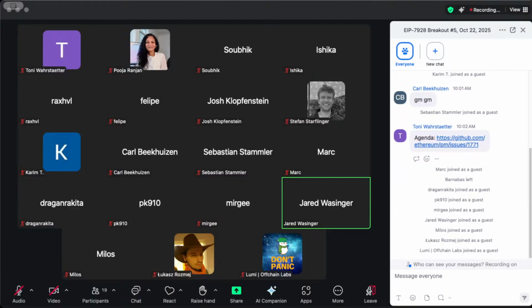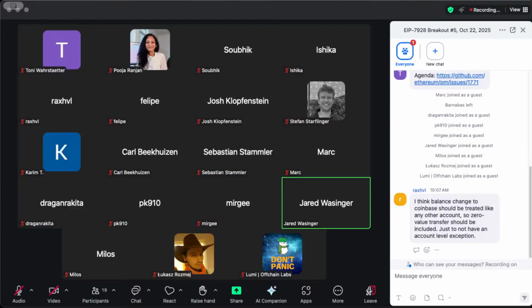But now, the point about it being touched as part of the state clearing EIP, I think it might be EIP 161, I can't quite remember right now, but I think that's actually a fairly decent argument to just include the Coinbase, and furthermore just include anything that would be touched as part of EIP 161 as a read.